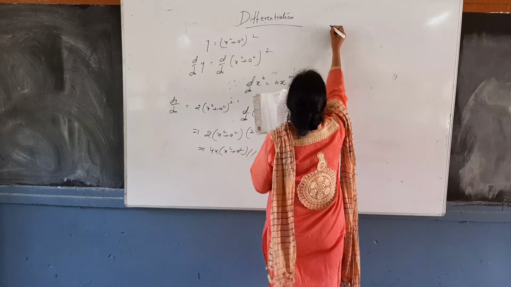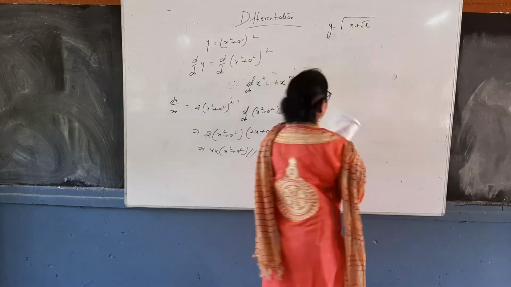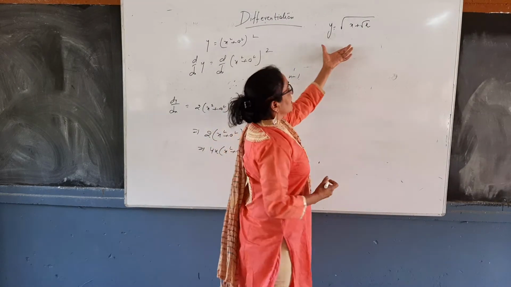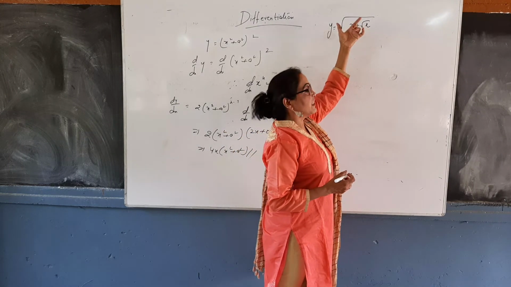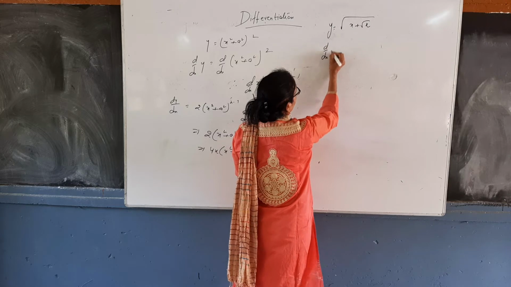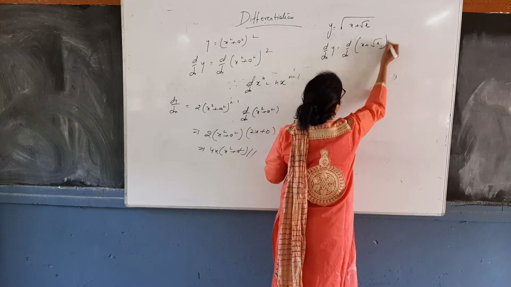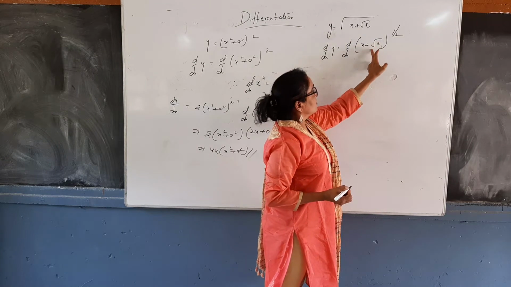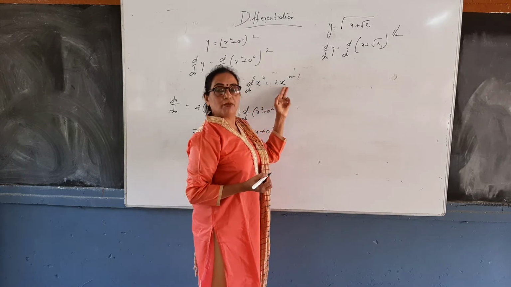That is, if y is given as under root x plus under root x. Again we can use the chain rule also. We will put this equal to t, or directly you can do it. If we are doing directly, then it will be d by dx of y equal to d by dx of x plus root x raised to power 1 by 2. Here root of x plus root x is given, so we can write x plus root x whole raised to power 1 by 2. Again we will use this formula, d by dx of x raised to power n is n x raised to power n minus 1.